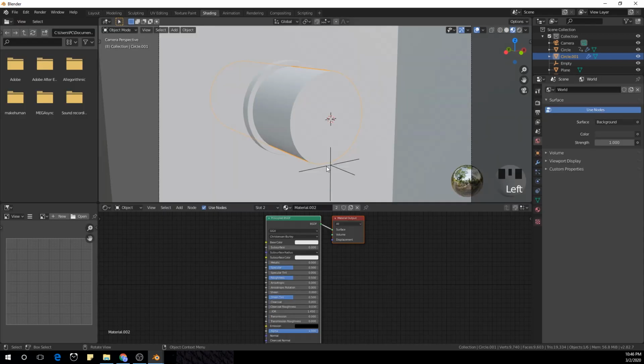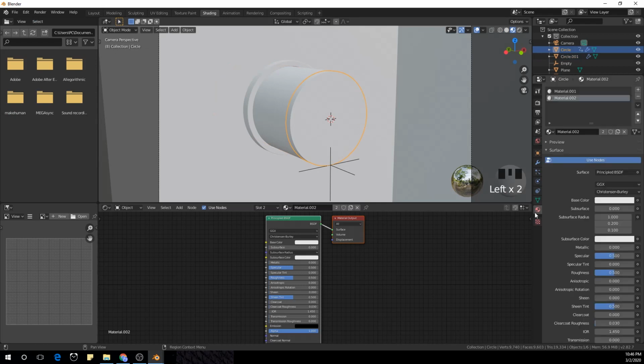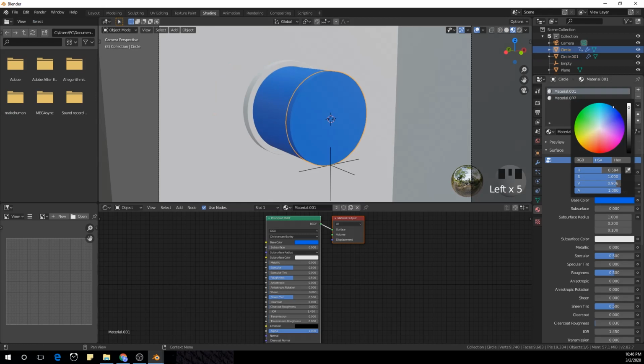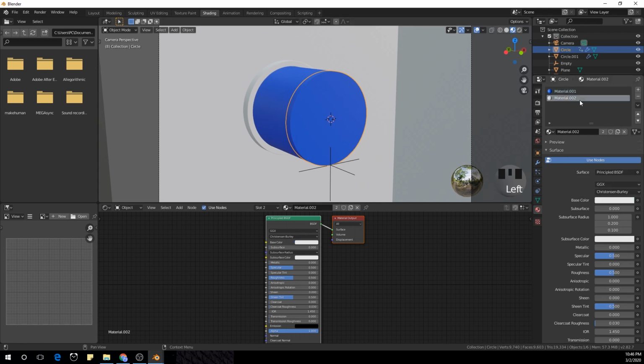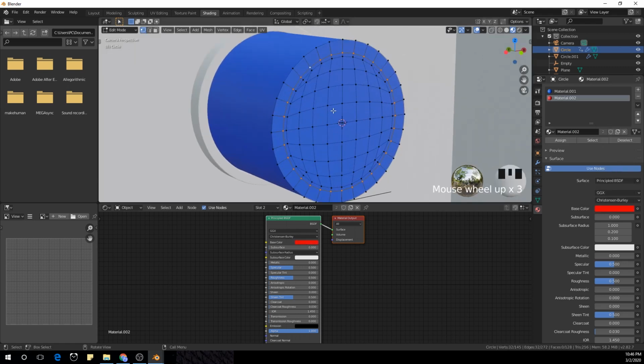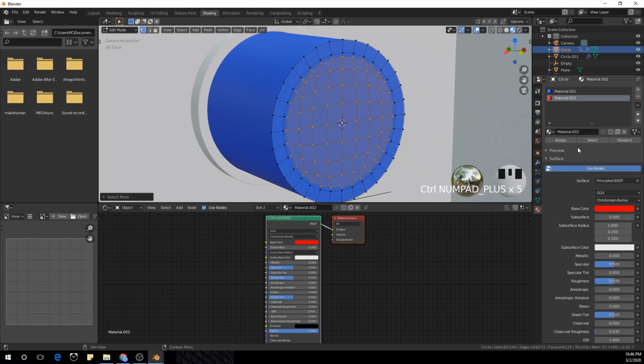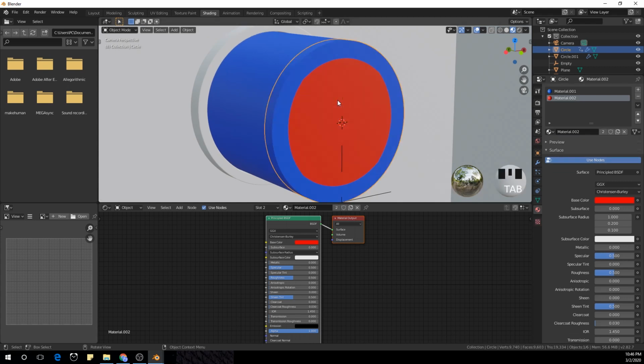So go to the shading tab again, select the first cylinder, and I'm going to make it a blue material. The thumbnail, I had a yellow one, so I might have a yellow one. I haven't made my thumbnail yet, so I'm going to make this a red material and tab into edit mode, tap the first vertex in the middle and Control plus and assign the second material,